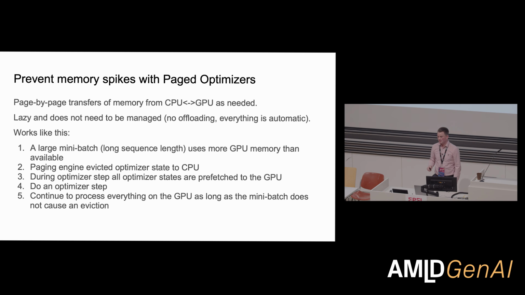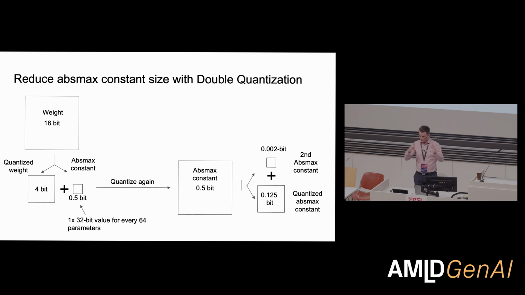Then the second thing is just to reduce your overhead. And as I said, if you have blockwise quantization, it can add quite some memory overhead. So if you have a block size of 64, it can use half a bit of information. And so if your models are very large, that can be gigabytes. And so to really compress models down to fit on a consumer GPU, we invented something silly, and this is